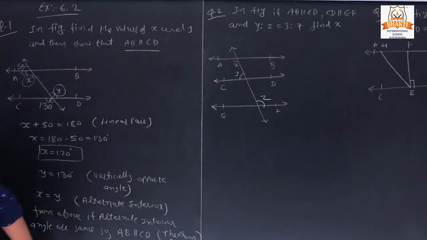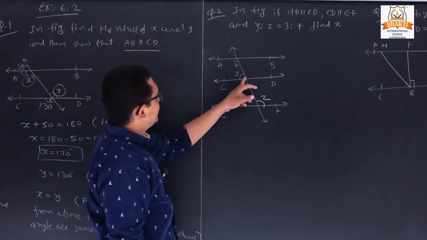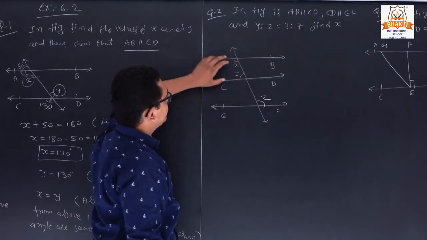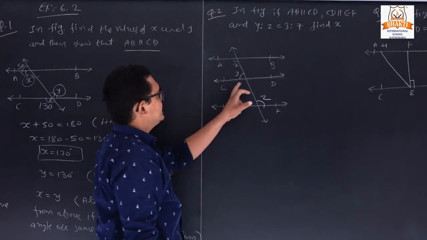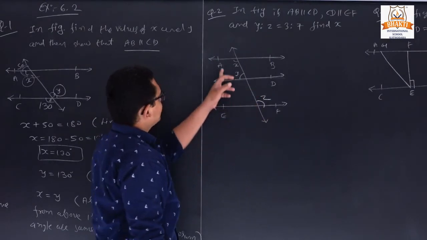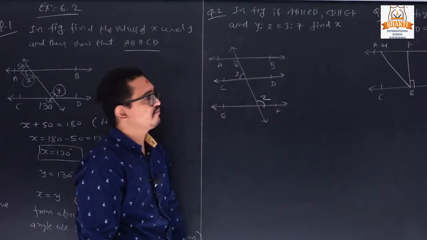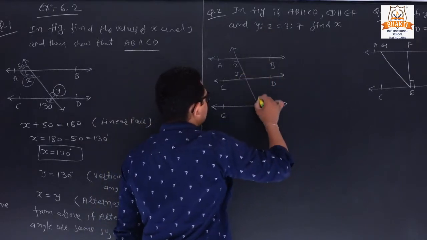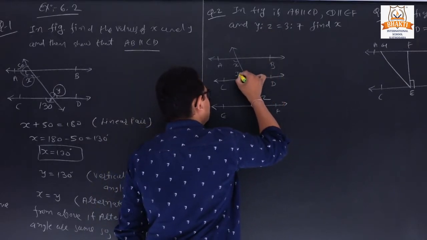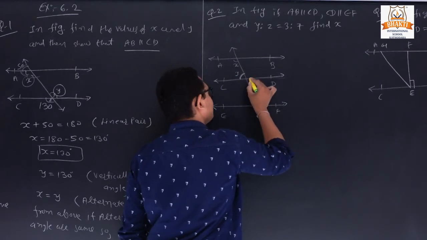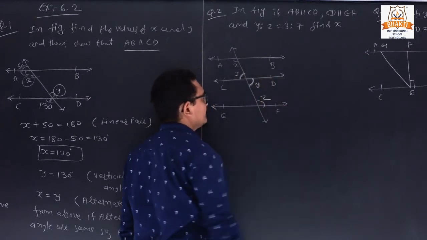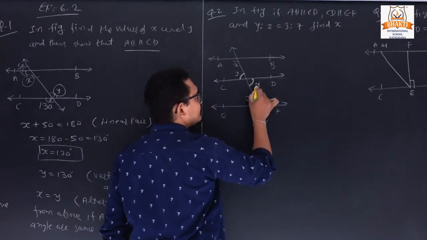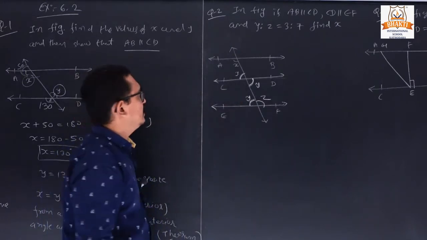For that, see that here we can learn that concept. If these both are parallel, then the third is also parallel. So it means AB is parallel with CD and CD is parallel with EF. So AB is also parallel with EF. So first of all, see that Y and Z. So this and this angle, once again I am taking that this and this angle are the same. Clear? Vertically opposite, so it is also Y. And this angle is also the same. Alternate interior. Clear? Alternate interior.